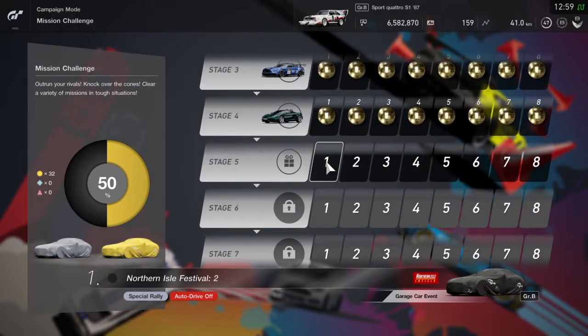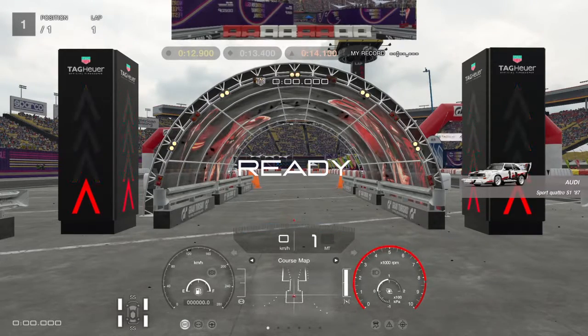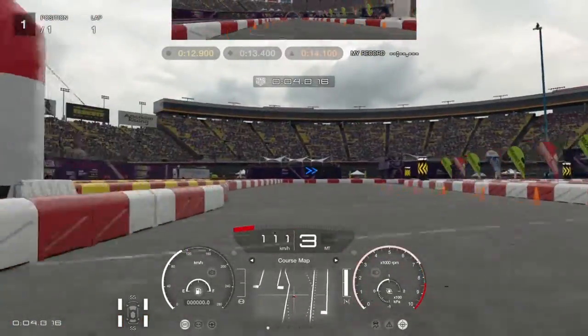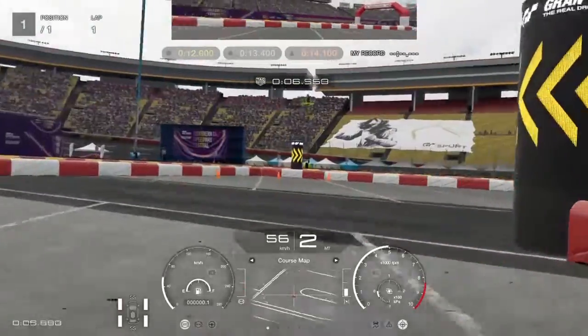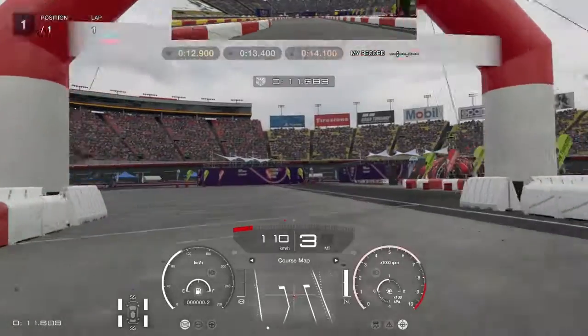Starting with mission number 1, the Northern Isle Festival 2 in a Gr.B rally car of the garage. So pretty short one, just complete the course as fast as possible in under 12.9 seconds. Pretty much just turn this right-hander and that's it. And gold medal in